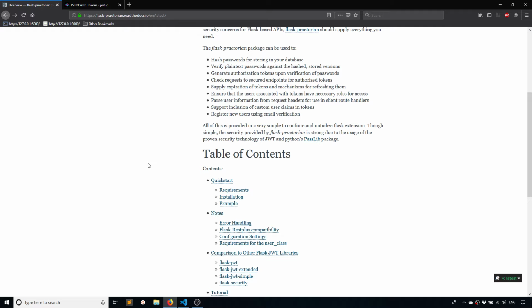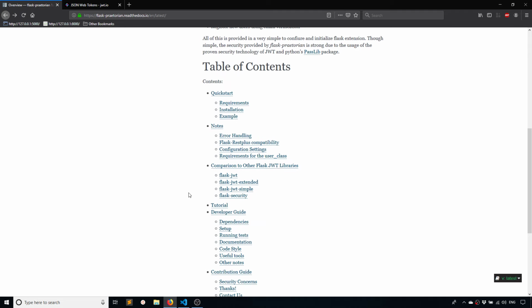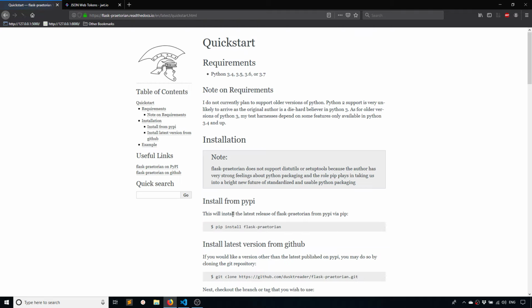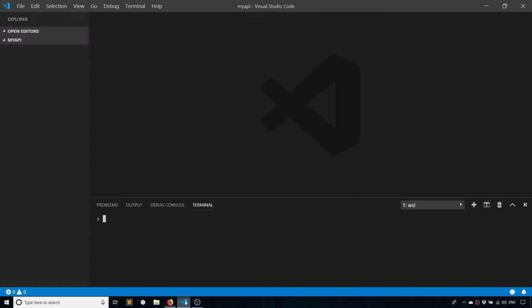And then finally, register new users using email verification. I didn't see that in the example when I took a look at that, but we'll see. So we'll go to the quick start and we'll install it. So I already have a project set up. So I'll use pipenv and I'll install